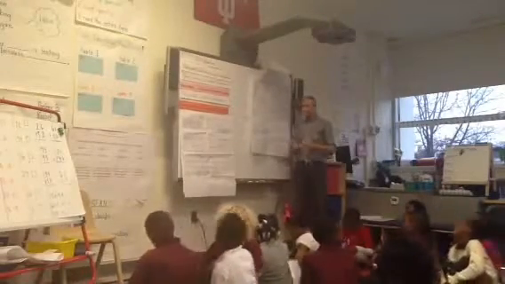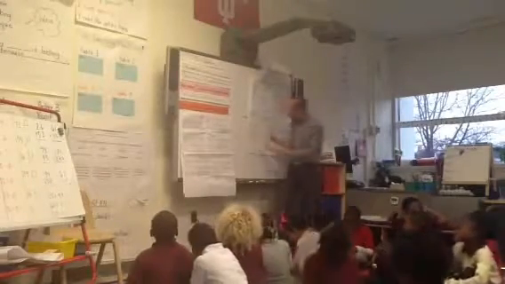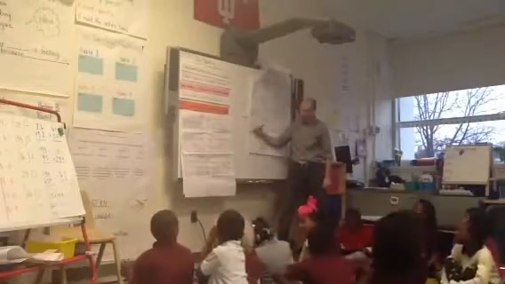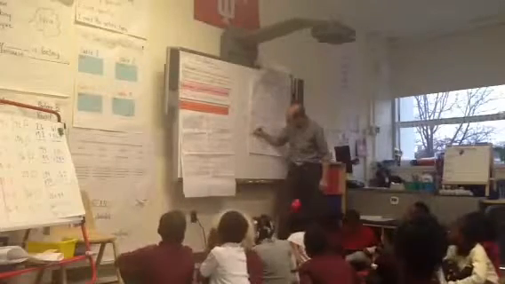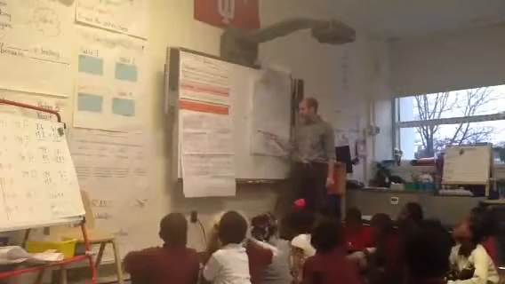So 16 has 1 ten, so I'm going to cross out 1 ten and 6 ones. So count along with me as I cross them out. 1, 2, 3, 4, 5, 6. My remainder is the difference between 29